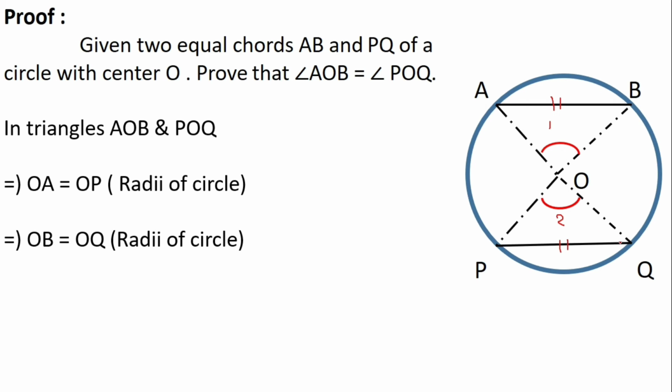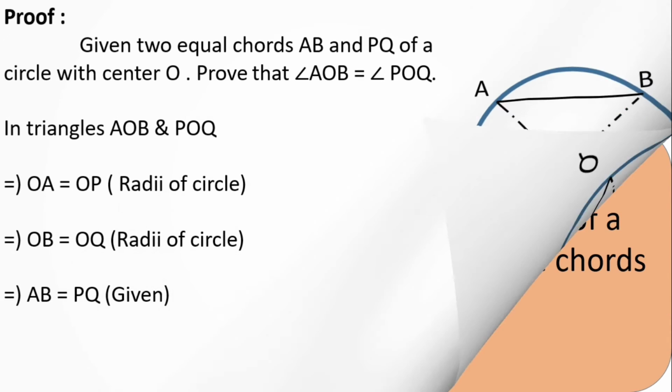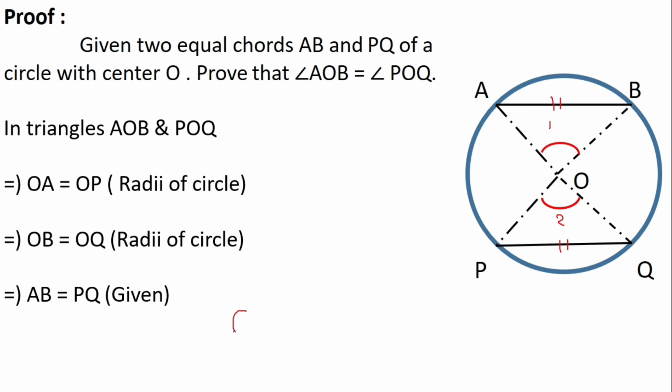The same reason, radius throughout the circle remains the same because the center lies at a fixed distance from the points on the circle, or we can say center is the fixed point which is equidistant to all the points on the circle. Then third, it's given that the chords are of equal length, so AB will be equal to PQ. Now through SSS rule, we can say that